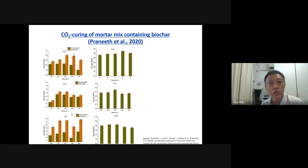So they make use of CO2 during the curing process. And these three sets of graphs on the left are what they measured after 3 days of continuous CO2 dosage. So the result is quite different from ours. In a nutshell, what they have shown is that when you have carbonation, which is accelerated by the CO2 curing of the mortar specimen, the strength is higher, which is shown in